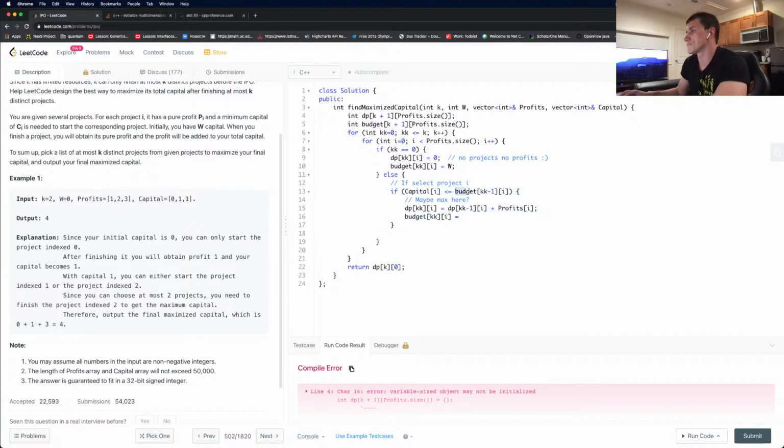Is minus capital I, right? And plus profits I. This is what it is.